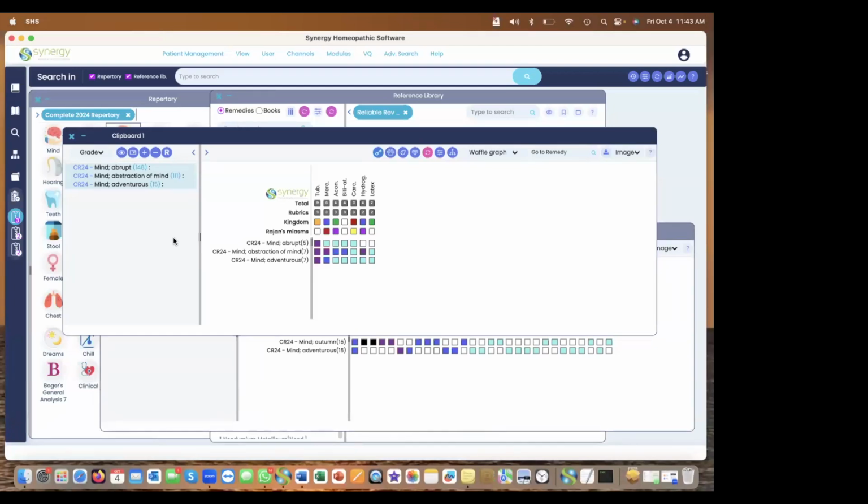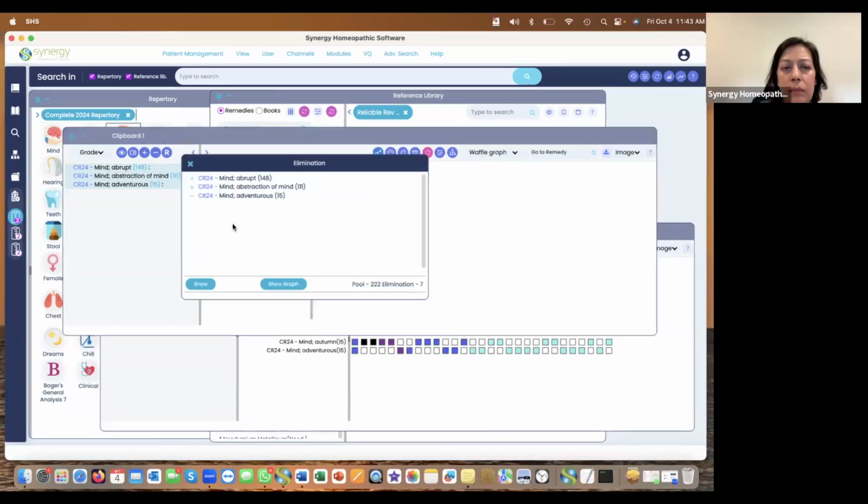Karen is asking how you changed that plus to minus. You just click on it. If I click on it, it changes to a plus. So now my pool is 230, which means, given whatever overlap of remedies might be in these 3 rubrics,